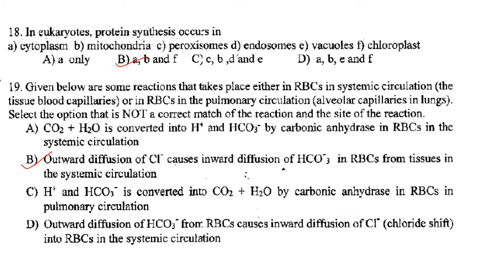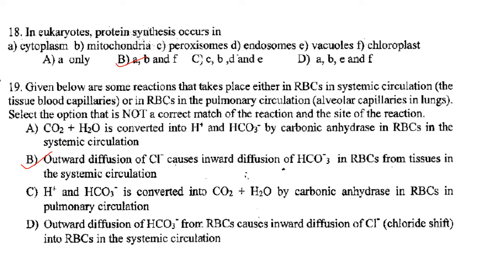So next one. In eukaryotic protein synthesis occurs in... So eukaryotic protein synthesis occurs in cytoplasm, mitochondria and chloroplast. So A, B and F are correct. Then given below are some reactions that take place either in RBCs in systemic circulation, the tissue blood capillaries,